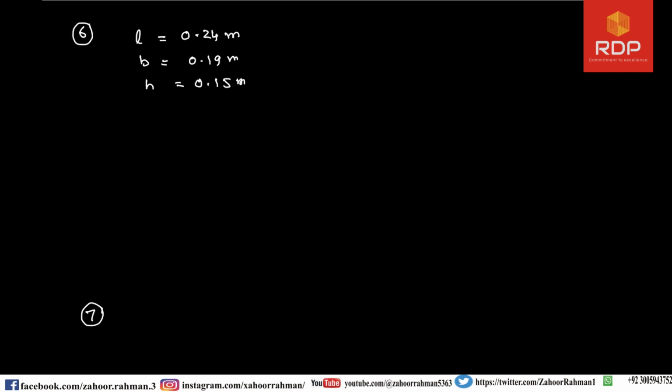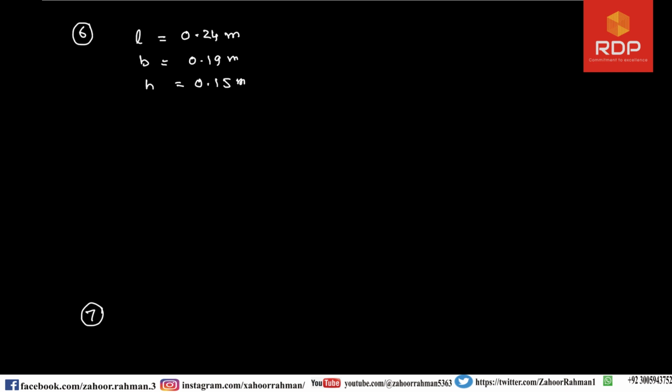If the metal block is melted to form a cube, find the length of each side of the cube. Now this is another form of the previous question, which was question number 5, in which the number of cuboids had to be found. So let us first